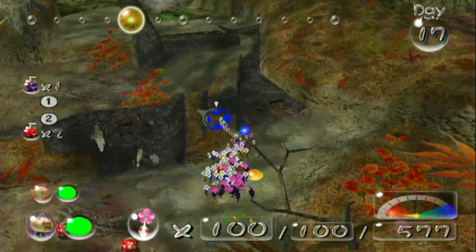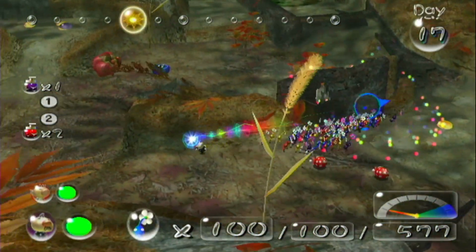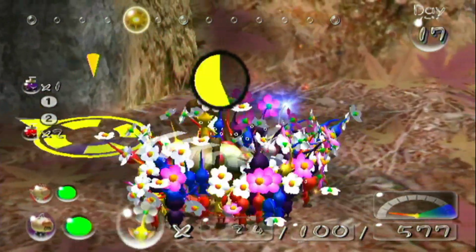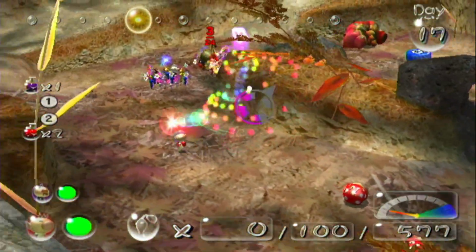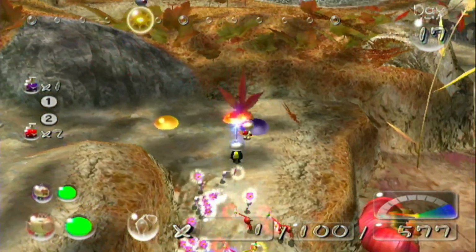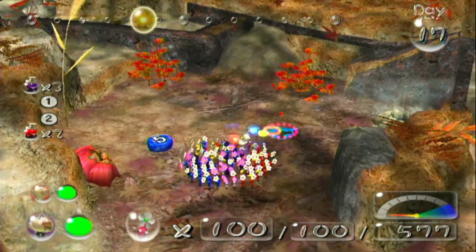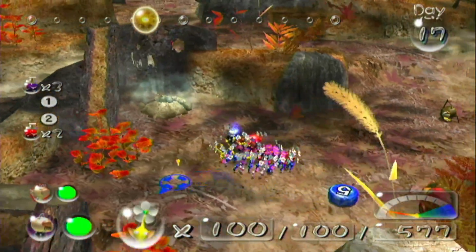Flowerize them, maybe? There. Oh, look. Oh my gosh. Die! Oh, Olimar's all the way there. Ooh, I did the glitch! The quick way! Yay! Anyway, well, I don't think there's anything else left to do except...